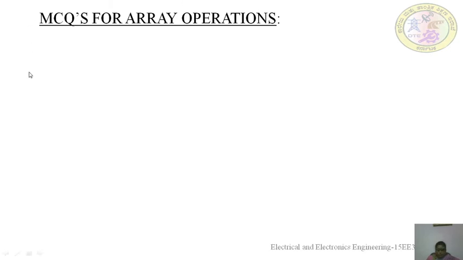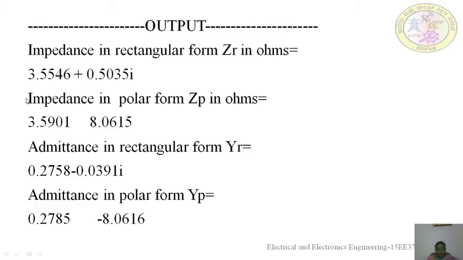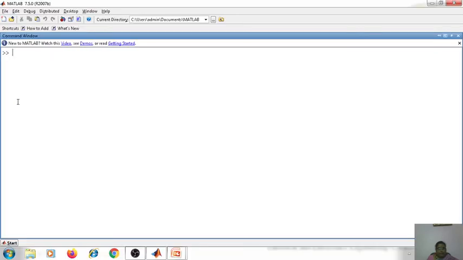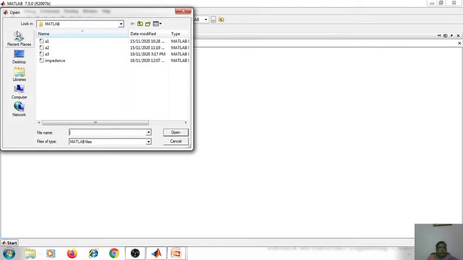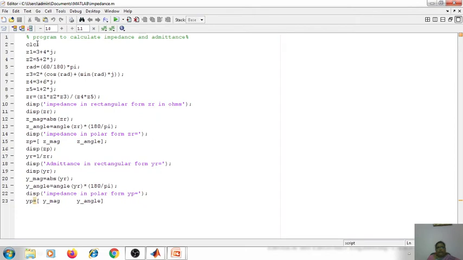So now we'll go to MATLAB and try to write this program. The program has already been written, so we'll open it. So here it is a program to calculate impedance and admittance. So we have given the name here.